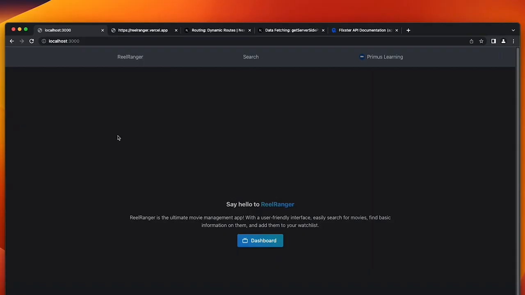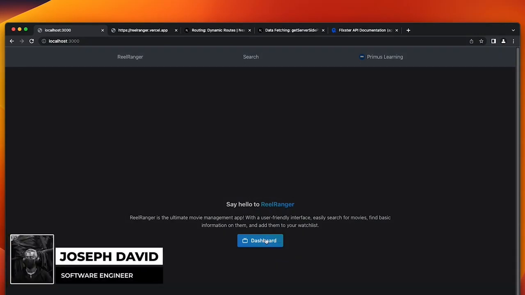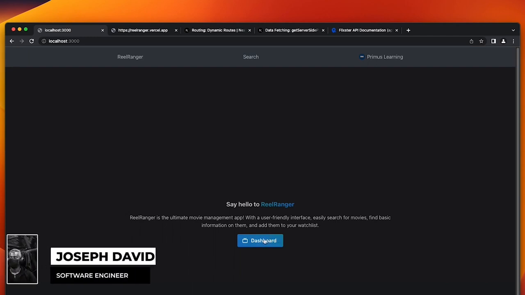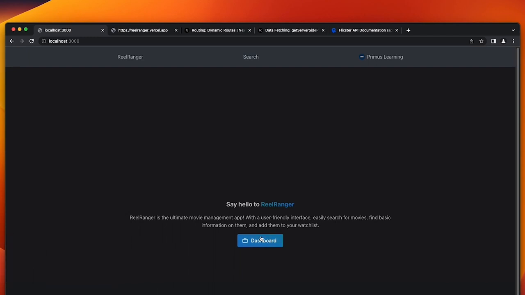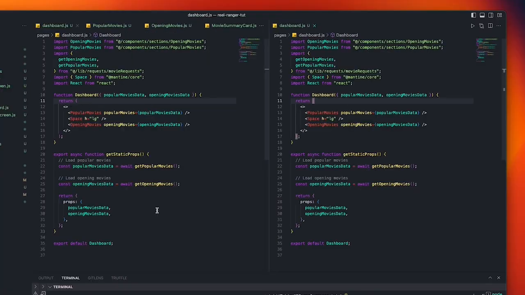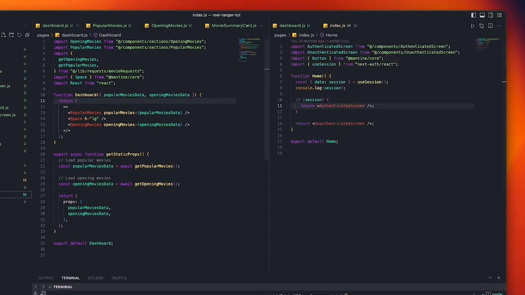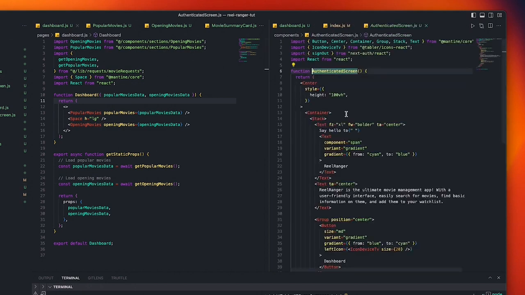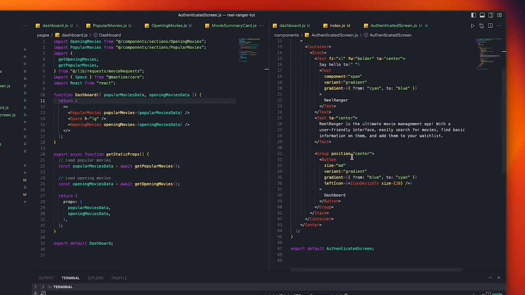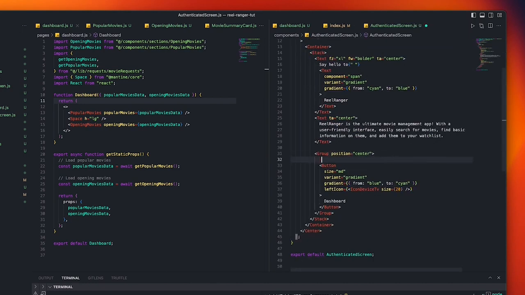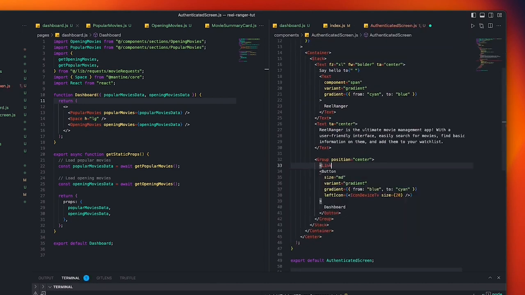Everyone, welcome back. Before we proceed, we want to quickly implement client-side navigation in our application. We've not linked our dashboard button to the dashboard page we just implemented. So let's do that. To implement client-side navigation, use the Next Link tag, or the Link component rather. So go to our index page and the authenticated screen which has the button, and we wrap the button with the Link component. So Link, you make sure you import it from